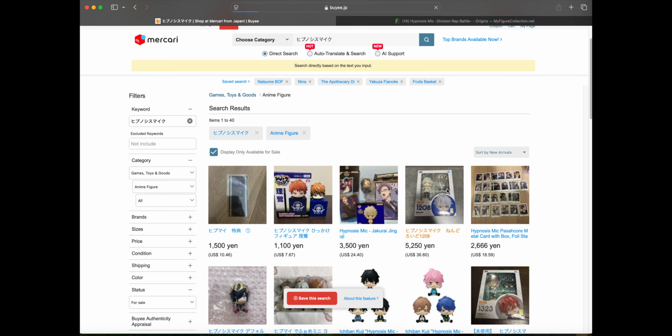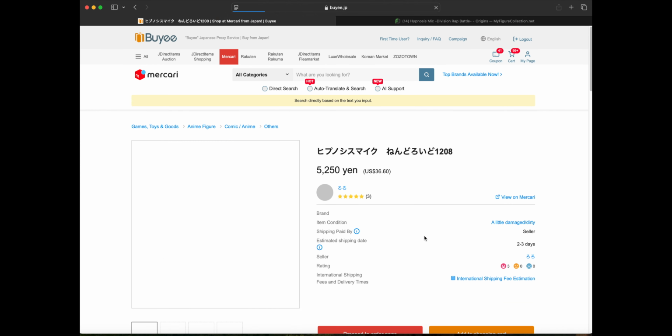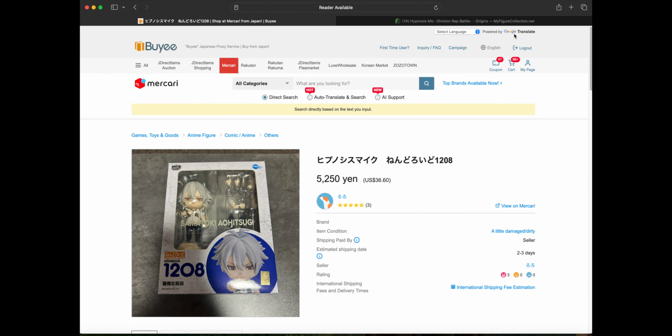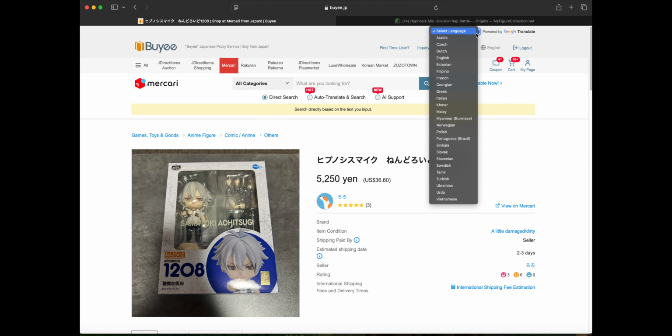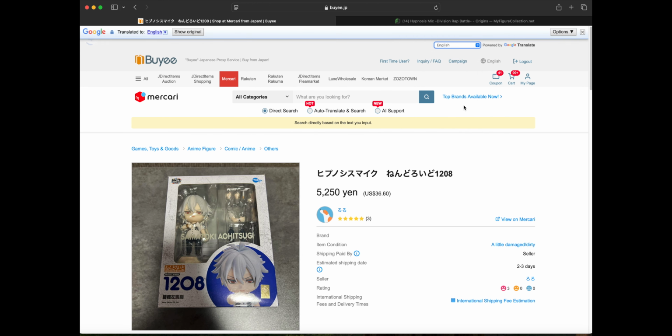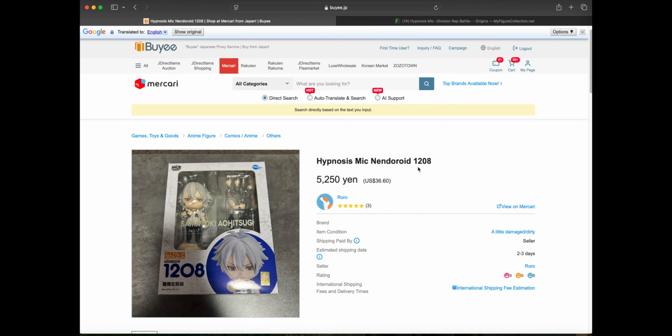You can sort it by, my personal favorite is to do low to high price. That way I kind of just get a quick breakdown of it. But here you can see it's stuck in Japanese. For some reason it took away when I already had it set in English, but it's a quick change. So here you go. You get to read kind of what it is, and then you get all the same